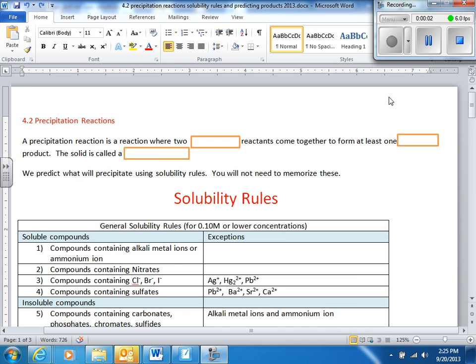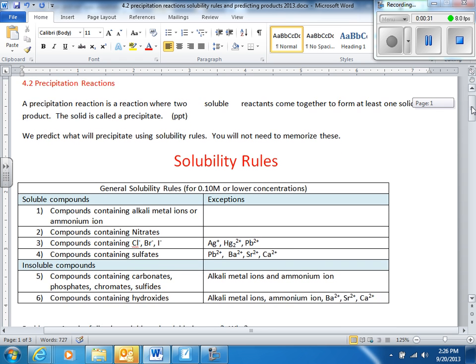Okay, so section 4.2, precipitation reactions. A precipitation reaction is a reaction where two soluble reactants come together to form at least one solid product. The solid is called a precipitate. Sometimes we write this as PPT, PPT for precipitate. And we predict what will precipitate using the solubility rules in this table, and you do not